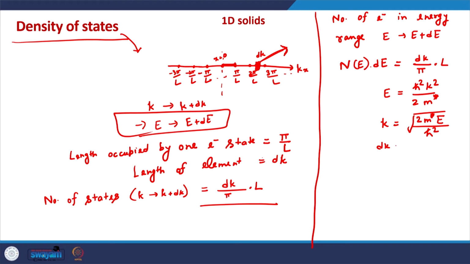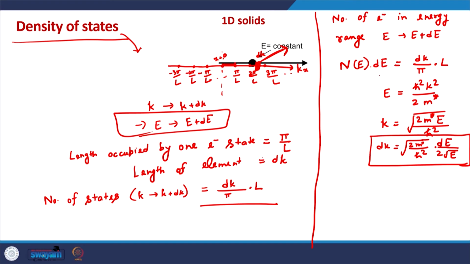So, dk will be square root of 2m star by h bar square, and if we take a derivative of square root of E, that will be essentially 1 by 2 square root of E in the denominator, and in the numerator we will have dE. So, if we put this value of dk into this expression,